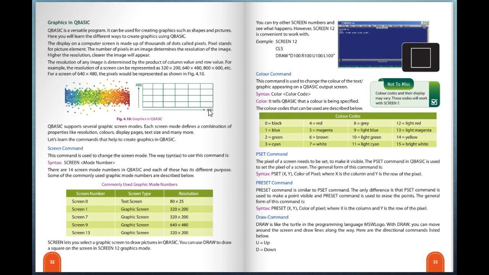Each box represents 1 pixel. QBasic supports several graphic screen modes. Each screen mode defines a combination of properties like resolution, color, display page, text size, and many more. Let us learn the commands that help to create graphics in QBasic.